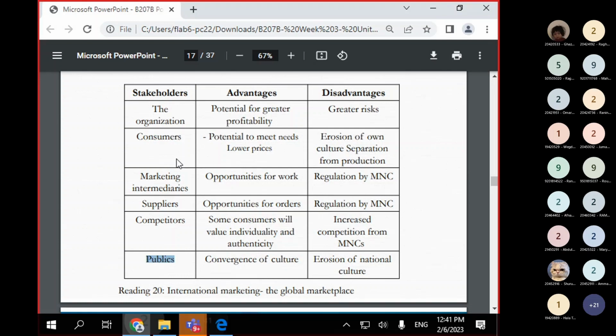Absolutely, more responsibility. New regulations. Yes, can you repeat? New regulations. Yes, if there are new regulations, you are taking a higher risk, because you have more responsibility, you have a market that is new to you, that you are not familiar with, you have to do your homework before going there, and so on, so you have a higher risk. Let's go to the second one. For consumers, what is the advantage of globalization for consumers?